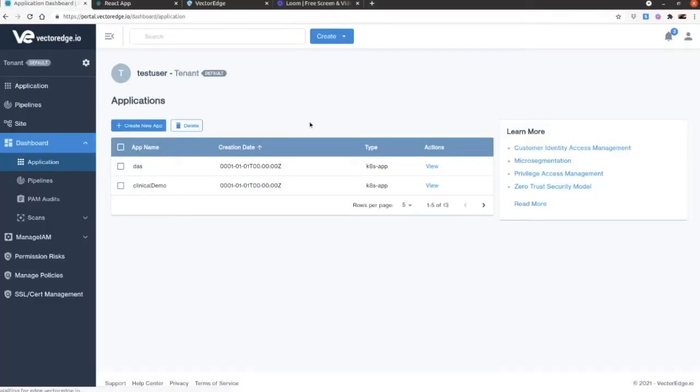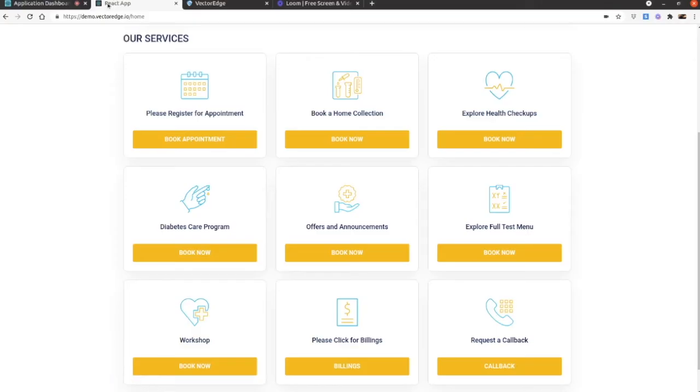We came up with a solution where we combine all the access rights for the various applications in a single plane, and then we can control it by defining a unified policy. Today I'm going to give a demo for our simple clinical app. I'm going to show you the capability of how we can create a Kubernetes network from our dashboard. Then we are going to use the Docker image that we have used for this clinical app.